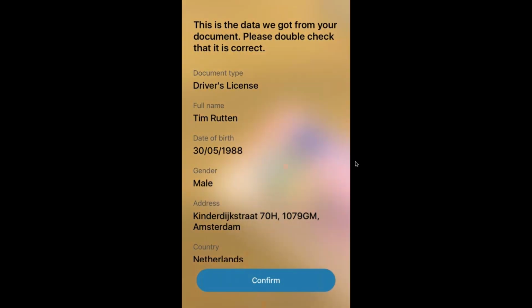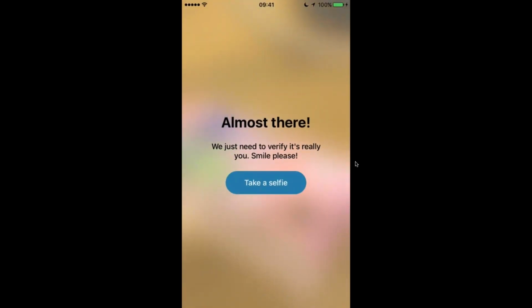Basically, we're taking the physical information into the digital world, and in this case, we now validate all of my information, and I confirm. Now, as the next step, and this is something we consistently see also in more modern applications in other spaces, there's facial recognition technology, or any other type of technology that basically allows me to confirm that I'm a